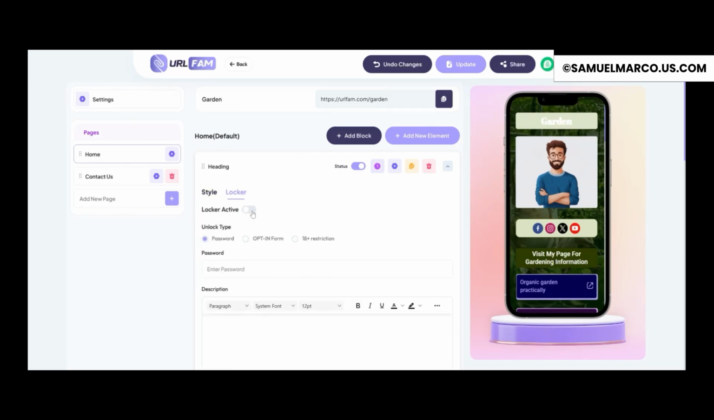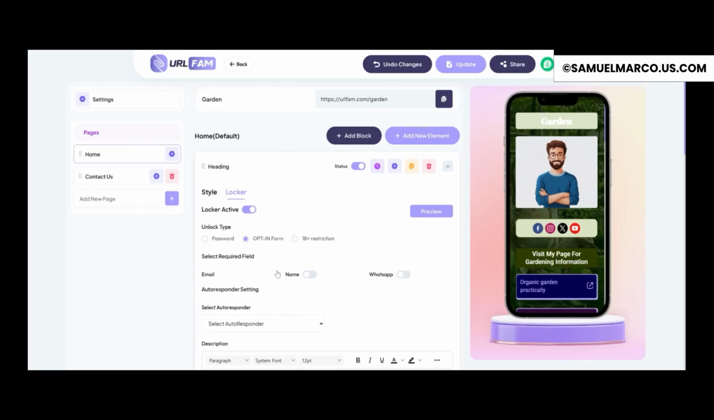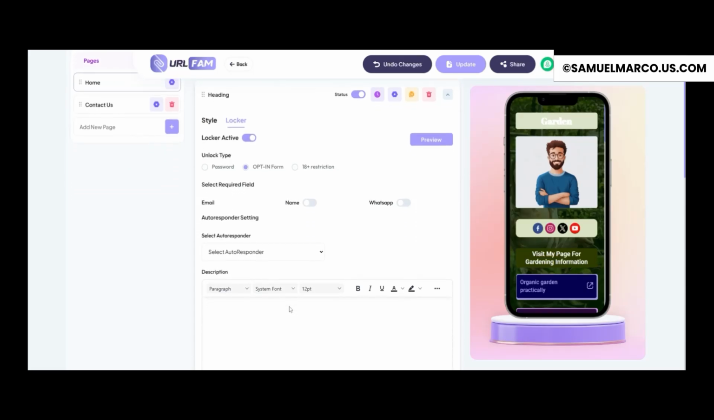You need to activate the locker. Here are three types of unlocks. You can unlock through the password, so you need to set up the password here. You can unlock through an opt-in form. So you can add any opt-in form, and your user will fill the opt-in form and they will unlock this particular section. Select the required field,